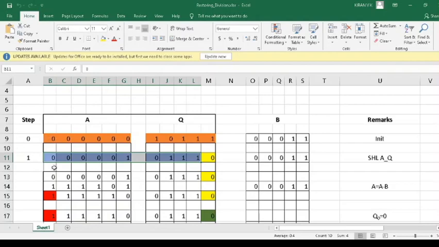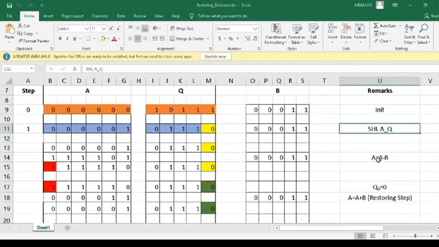The 0 at the MSB will be discarded, and we will have an empty spot here marked in yellow. And as we discussed earlier, we will fill that empty spot initially with a 0. So we are filling up the LSB of the quotient field with 0 initially, until we can finally tell about that after some stage. Okay, so the shift left is over.